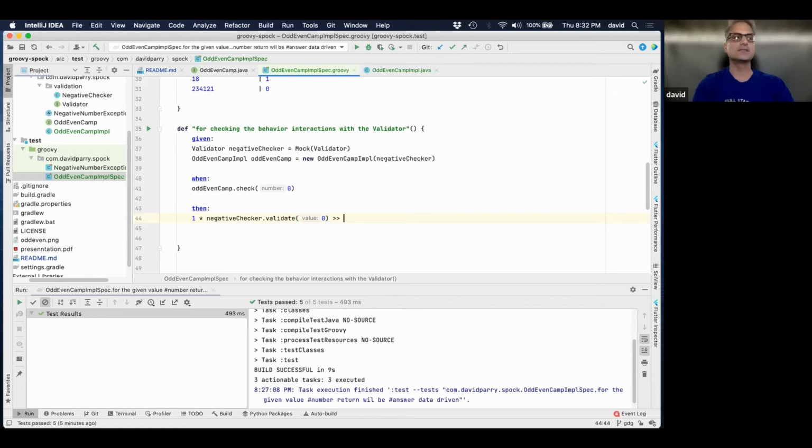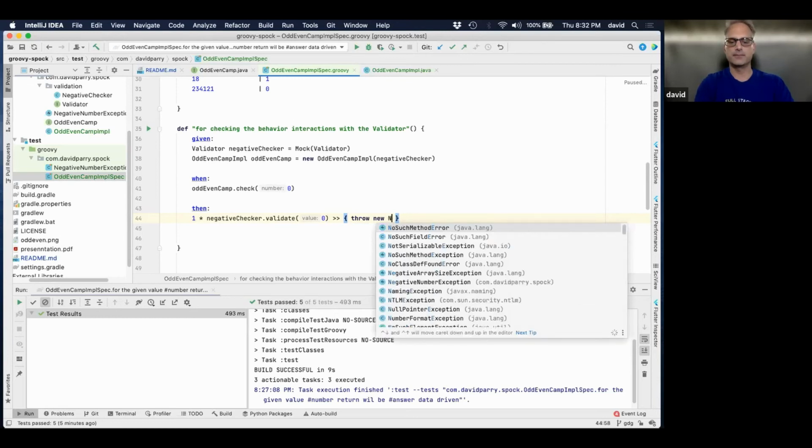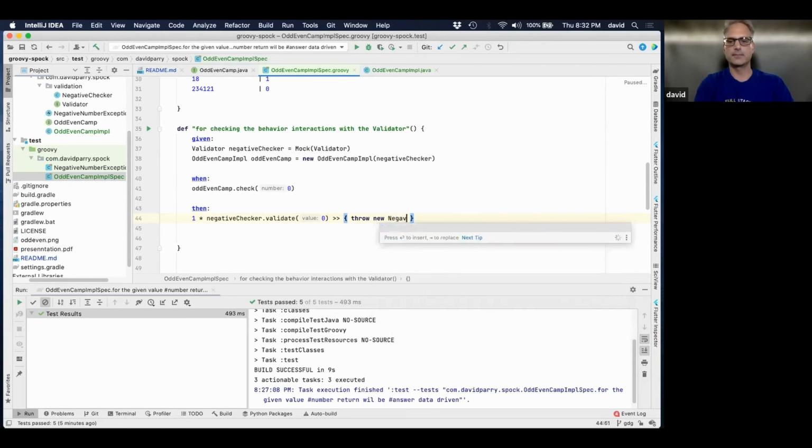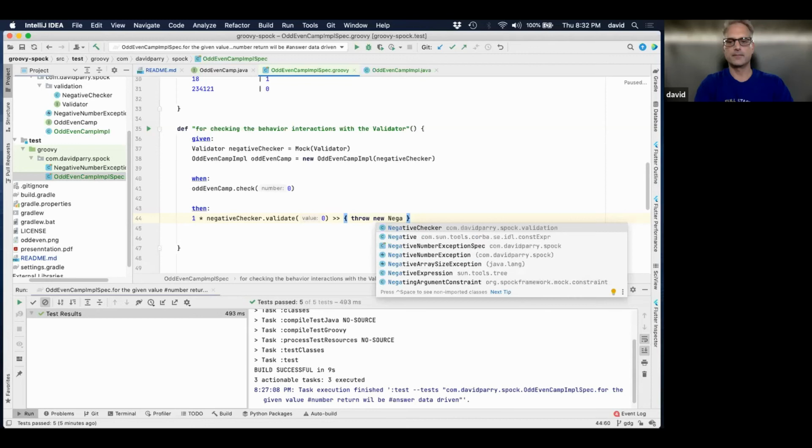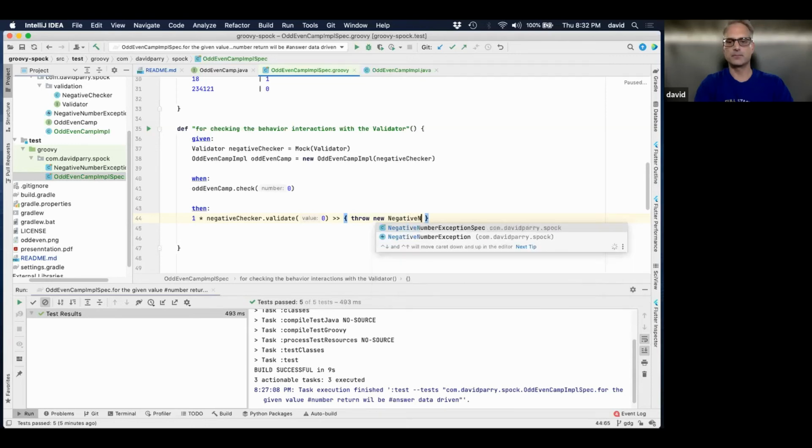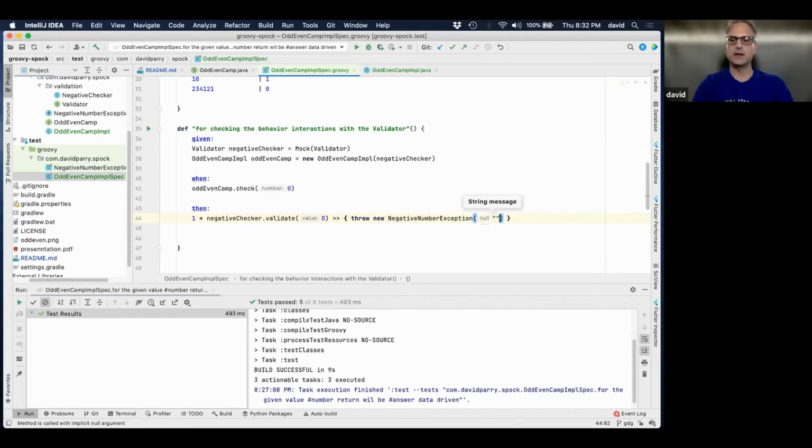When that happens, what do I want to do? This is the closure: throw a new negative number exception. I'm just going to put in for this, it's a negative number.